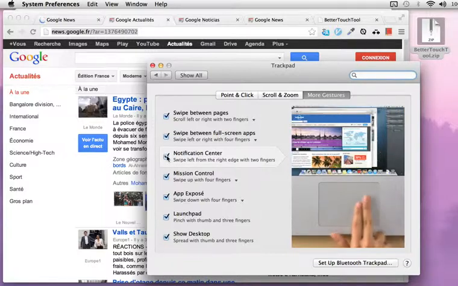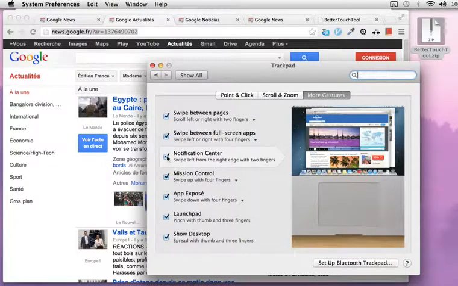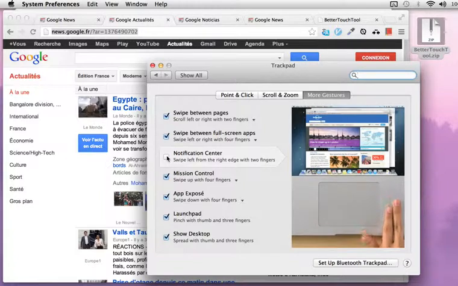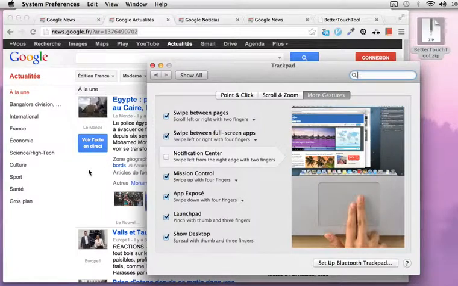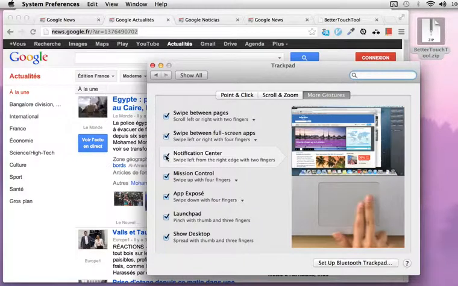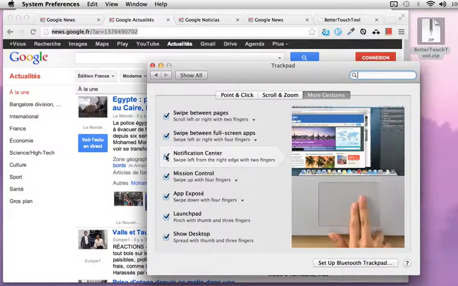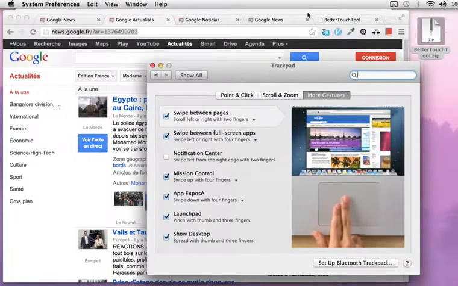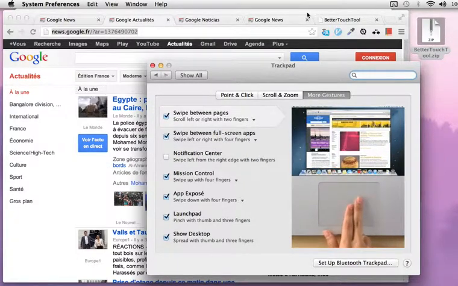For example, when you do this, as you can see on the screen, we start from outside the trackpad and then move left. It brings up the notification center. Now, I prefer to have something else over there. For example, I prefer to close the tab when I swipe in like that. So if the notification center gesture is already checked, you need to uncheck it so that it doesn't conflict. Even if it conflicts, it's just that the default one is going to be taken out, not